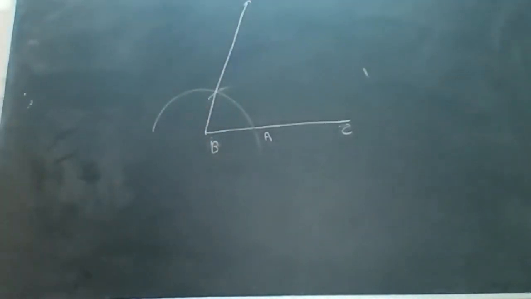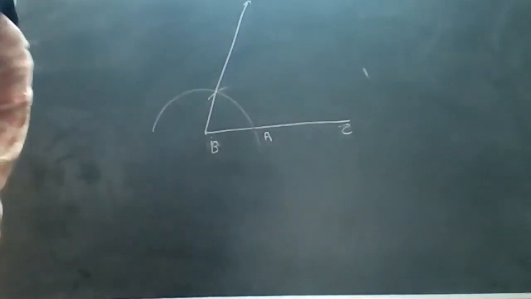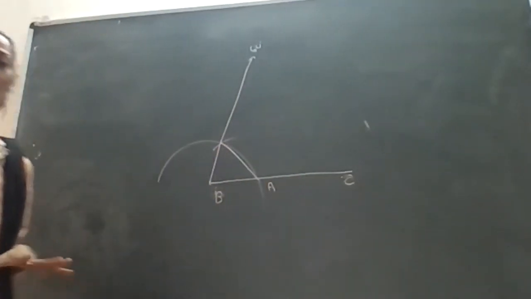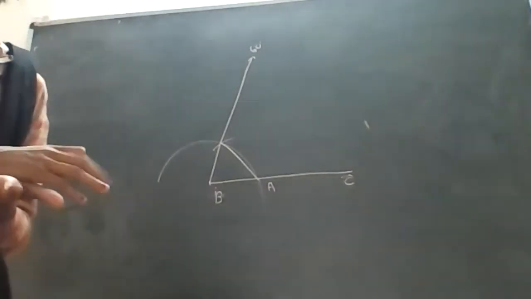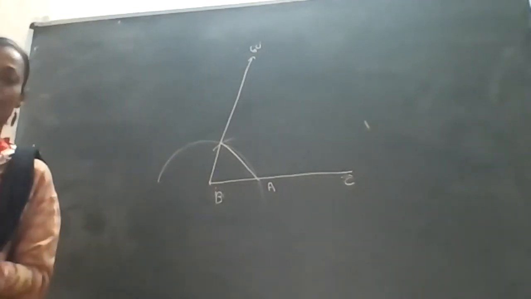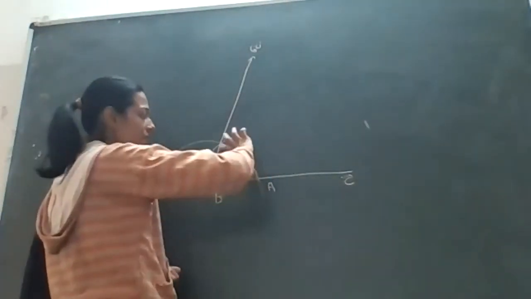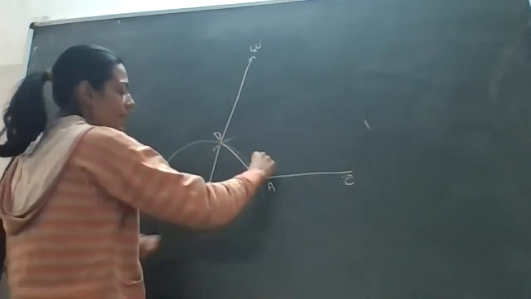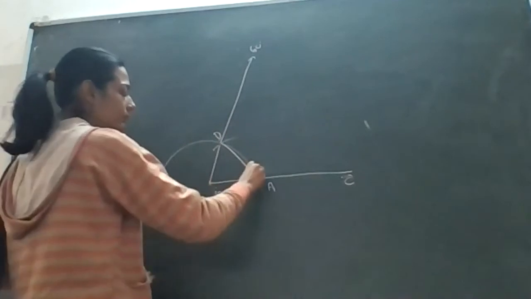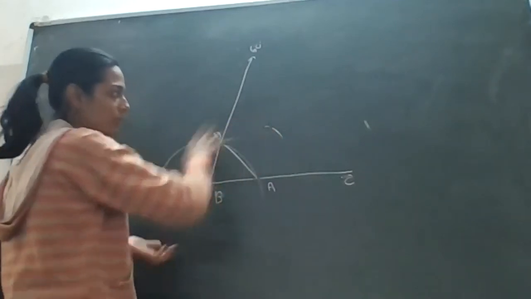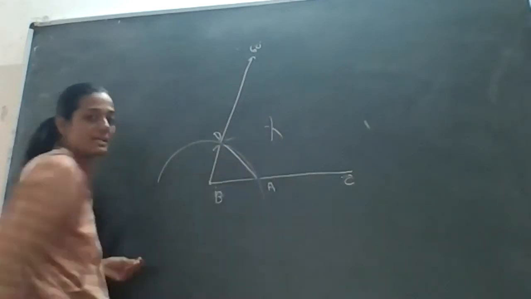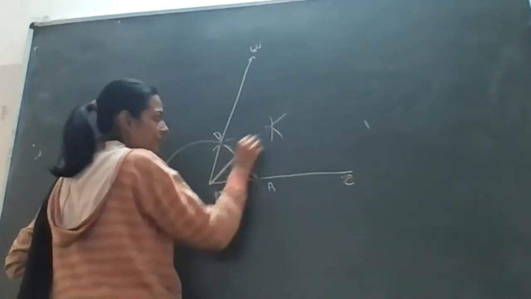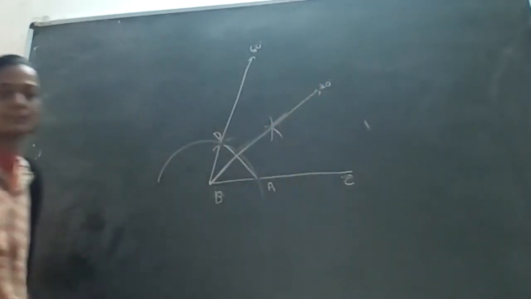Now, if you want to draw the 30-degree angle, then what you are going to do? You have to bisect this. Bisect means what? Two equal halves. It means the angle is converted into half. So half of 60 will be what? 30. So you have to take the distance of A and here I am taking D. Take the distance of AD with the help of a rounder and from A draw one arc here, and from B draw a further arc over here. You will easily get these intersecting points. From that, you have to join these lines, and you will get this angle of 30 degree.